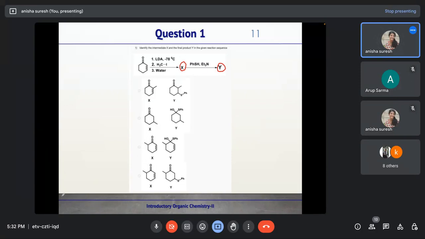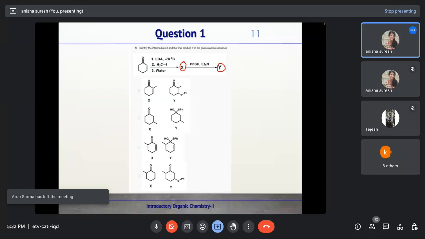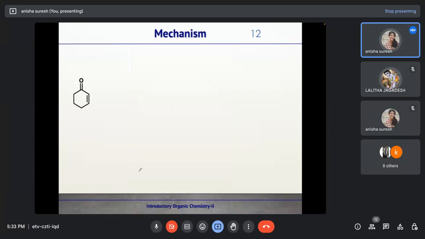Any answers? Fourth option. Fourth option will be the right option. We can see the mechanism. So here we are having this alpha beta unsaturated cyclohexenone. In presence of LDA, what will happen? LDA will be abstracting this alpha proton. It will give rise to